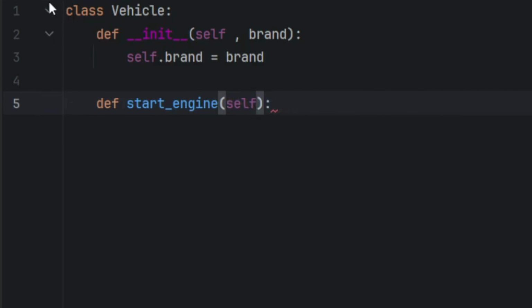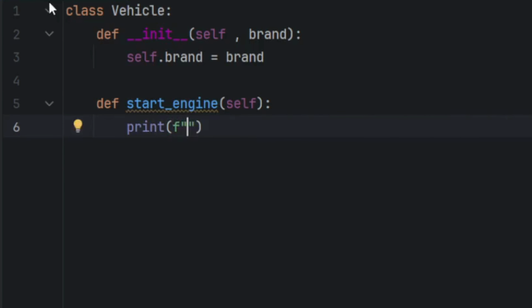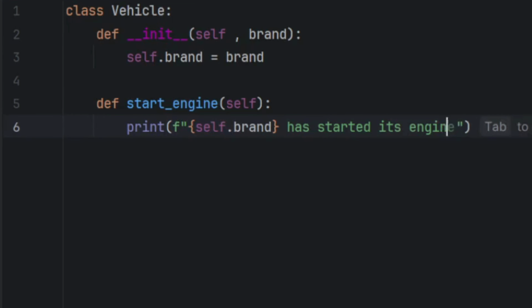Self, print, f-string, self.brand has started its engine. But where exactly are we gonna take a look at inheritance? Well, right over here. In this next line, we're gonna make a new class